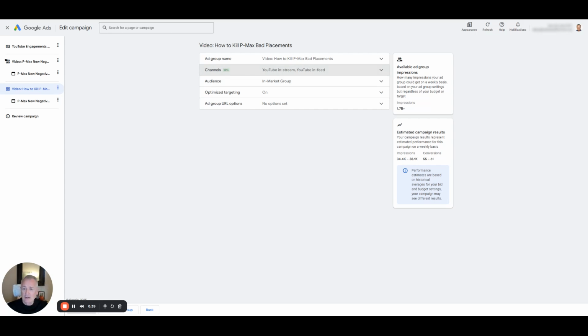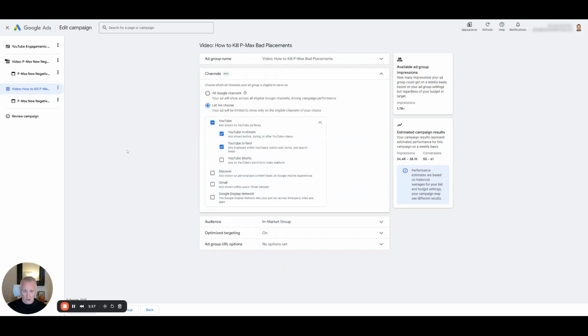So inside of Demand Gen, up until now, you didn't have any choice in which channels the ads would run in. Now, obviously, if you're running display ads versus video ads, then they're only going to run on particular placements that are appropriate. But outside of that, you didn't have any specific control. And that's what Google's introducing here. So this is something you can set at the ad group level. So within a campaign, you can have specific channels for different ad groups, which is nice. Without further ado, I will show you.